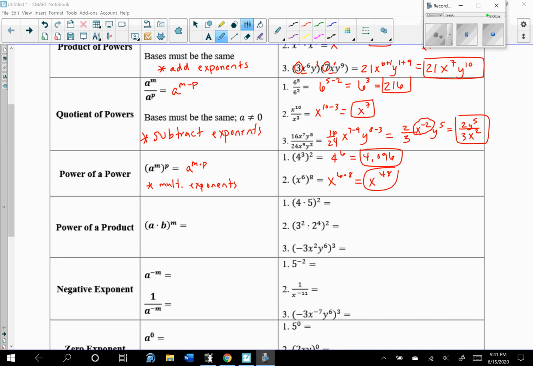Next one we have is power of a product. So power of a product means you have a power, and product means you're multiplying two bases. So power of a product, when it's inside parentheses, that means that each of these variables gets that power. So remember, this is really to the power of 1 and 1 here. So you're really just multiplying those exponents like up here with the power of power. So this would be a to the 1 times m, which is m, and b to the 1 times m, which is m. So again, multiply each